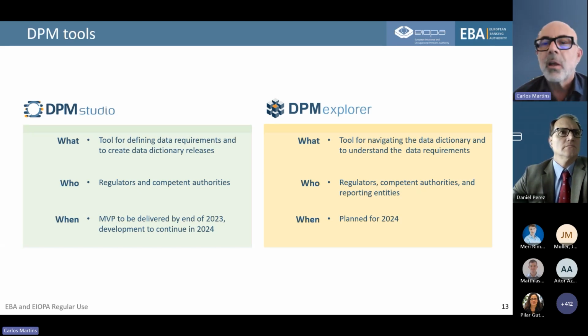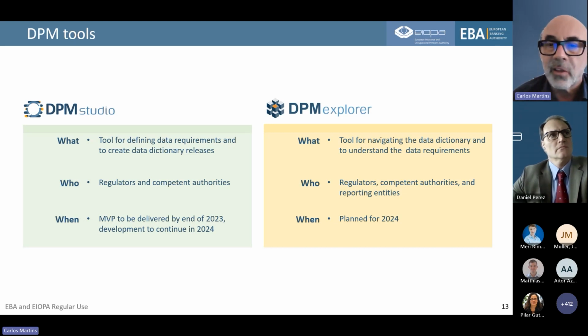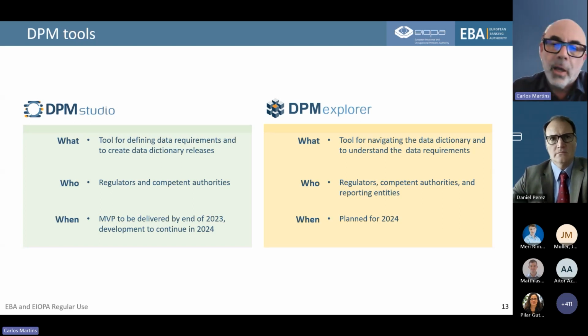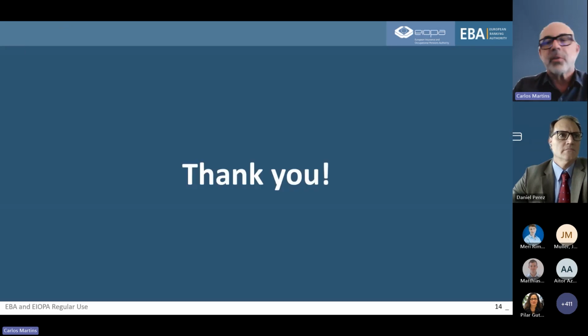The model, even though I said it's much simpler and cleaner, is still too complicated for someone who does not have a deep understanding of the structure of the model and also the skills to interrogate a relational database, which is very complex. So this tool aims to give anyone the freedom to go through the content and understand the requirements. It is not done yet, but we are planning it for 2024. And I believe that this is the last one.